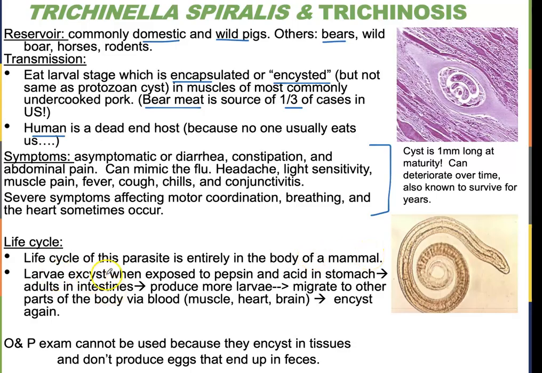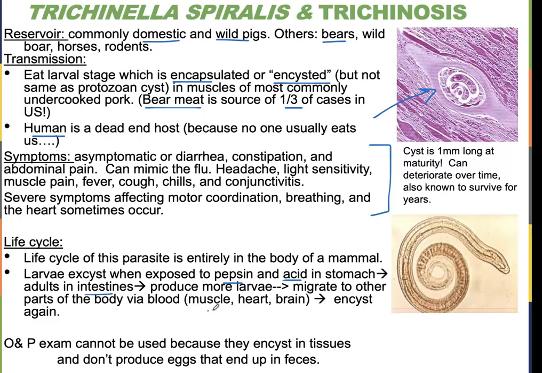So the life cycle, again, is entirely in the body. The larva will exist when exposed to pepsin and acid in the stomach. So that's cool. If you have some undercooked pork, this guy gets into your stomach. The stomach has pepsin and acid, and it basically stimulates this guy to come alive, come out of its cyst, and then move to your intestines to have those adults there. The adults will mate, produce more larvae, and then they're going to migrate to other parts of the body and